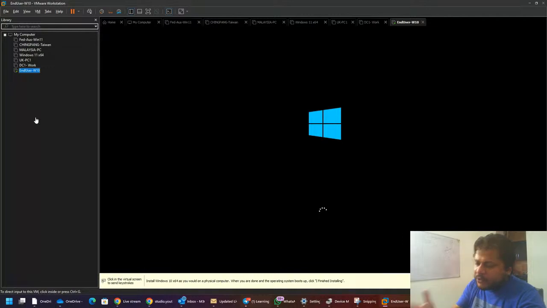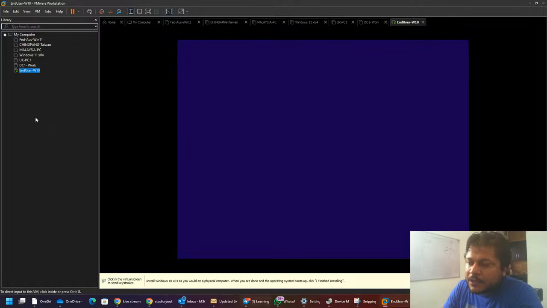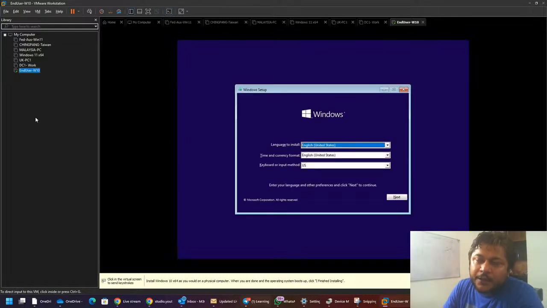The next set of activity would be installing this Windows machine in VMware. We'll be using Windows 10 Professional or Enterprise. These are the only two Windows 10 versions that can be joined to a domain. Do remember, Windows 10 Home or the home version of Windows 10 or Windows 11 cannot be added to a domain. Now we'll select the default options again and click on install now.